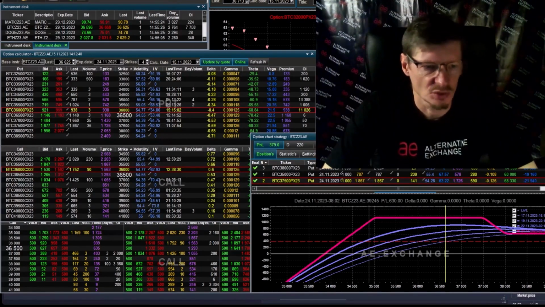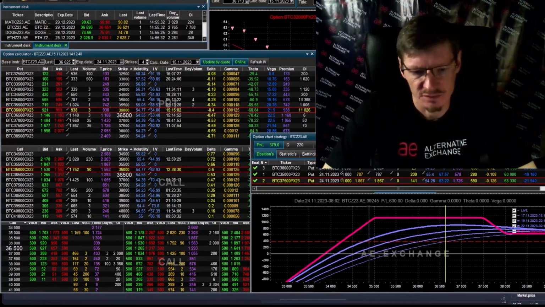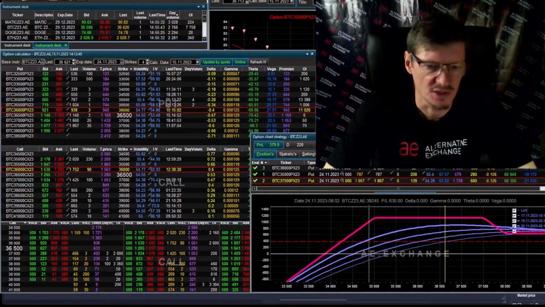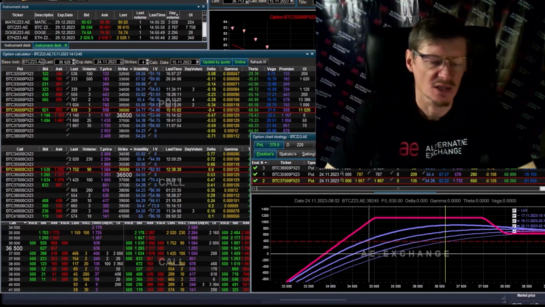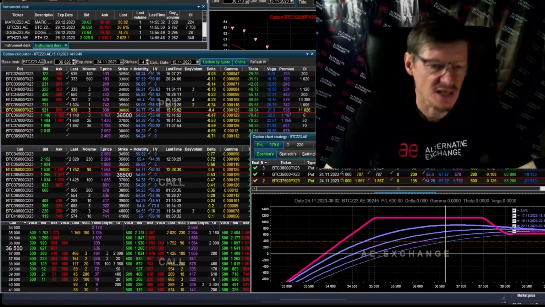Options are a very flexible instrument that allows you to make money on any market condition. Rising asset price, falling price, and when the price does not change much. Any price scenario. Options are financial engineering. It is a very serious thing. So the time you spend on learning and practicing will definitely pay off.